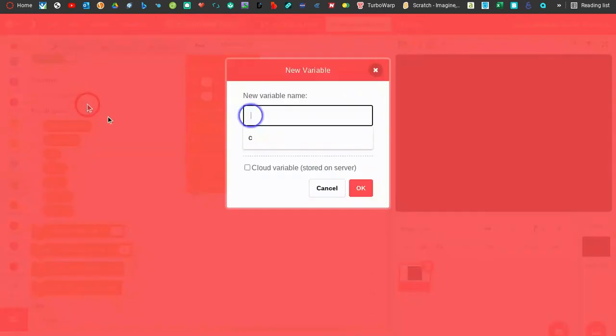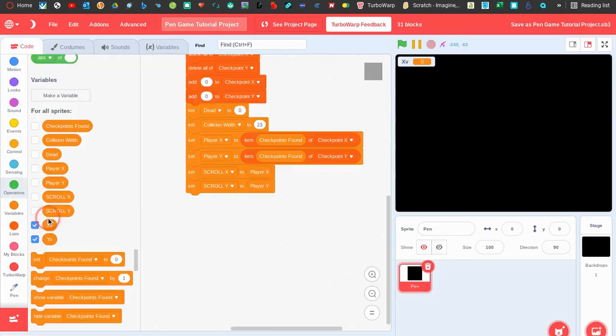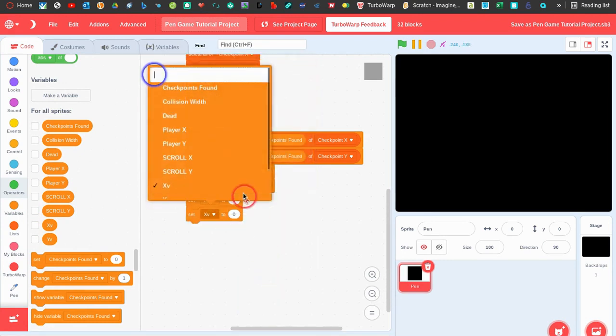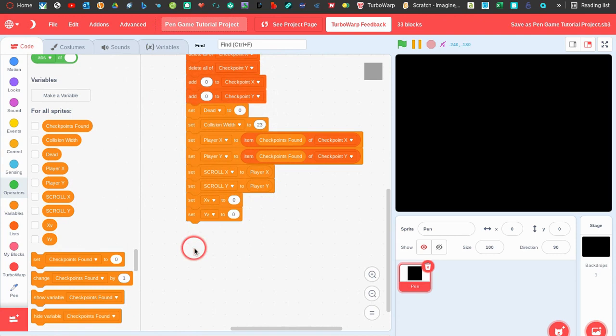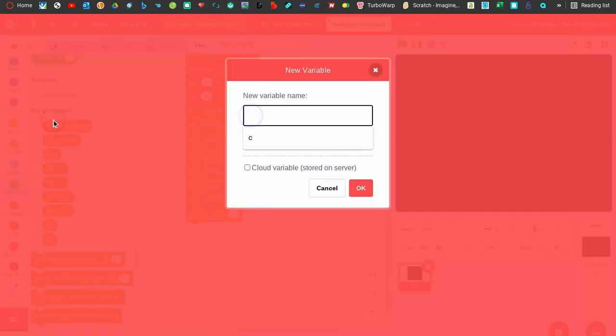Then we'll need XV for X velocity, which is like the speed that it's moving in the X and Y horizontal axis, and then YV for Y velocity, so like for the jumping. And then we'll also set these to 0. There's a lot of variables, but yeah. So I'm gonna do the player movement first, I think, and then I'm going to do the drawing, like the stuff on the screen. So then we're gonna need player width